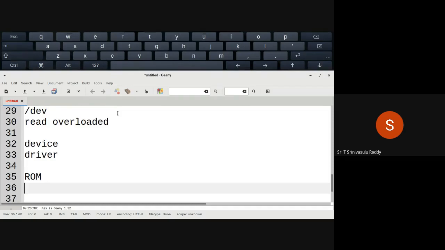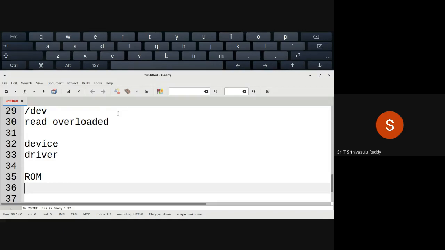The CPU can access the data or instructions in the read-only memory also, because that is also main memory like, except that the instructions written onto ROM will not be erased even when you switch off the power.